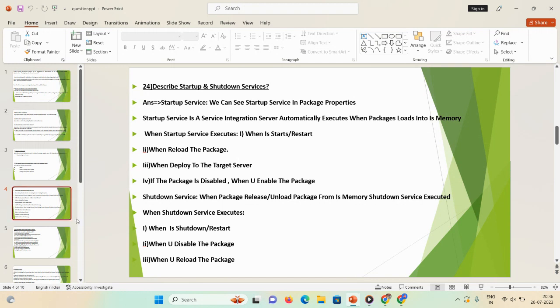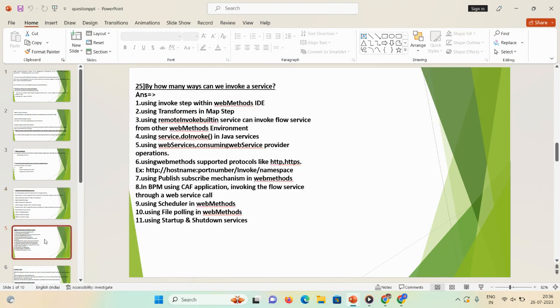Okay, so the answer is when the package is released slash unloaded from the Integration Server memory, shutdown services will be executed. When the Integration Server shuts down or restarts, this is the first one. Second one, when you disable the package. And third, when you reload the package. Okay, so this is also a very important question. You can note it down.